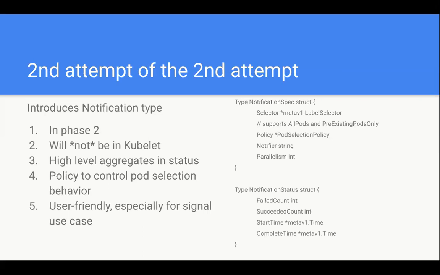Maybe this will help relieve some of your concern. There was also a discussion around whether we should set an upper limit for the parallelism, basically providing a range that is enforced by the controller. The range can be some number like, for example, 100. But it's really hard to decide what number exactly we want to put there. Basically, put a bar or max number of pod notifications that you can spawn from a notification object. But fundamentally, you're right. Parallelism only gives them the mechanism; it doesn't prevent abuse.